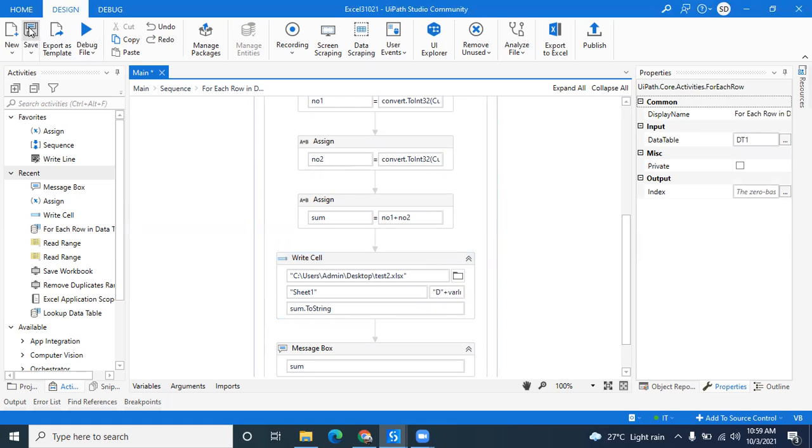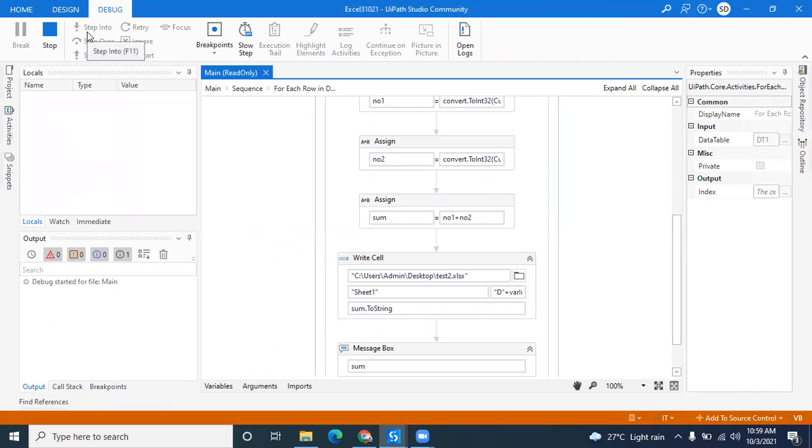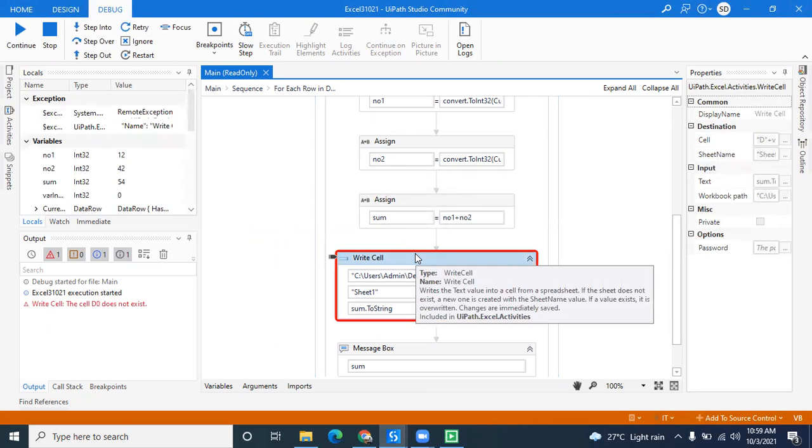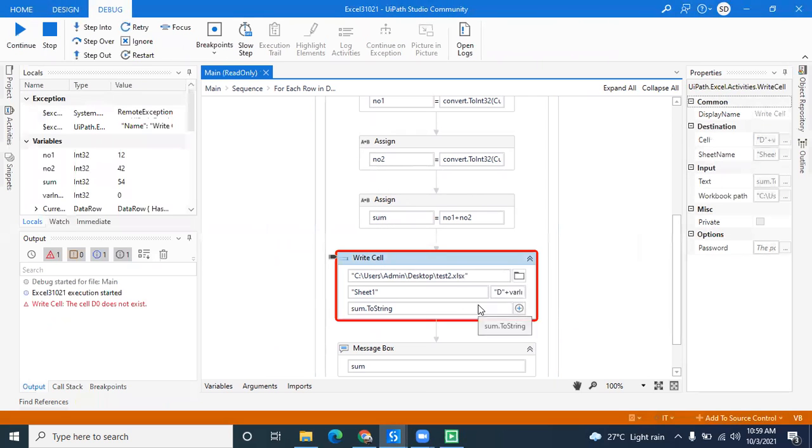Again, there is one problem. First, let me run this bot, then you can understand. Have you understood what the problem is? The cell D0 does not exist.